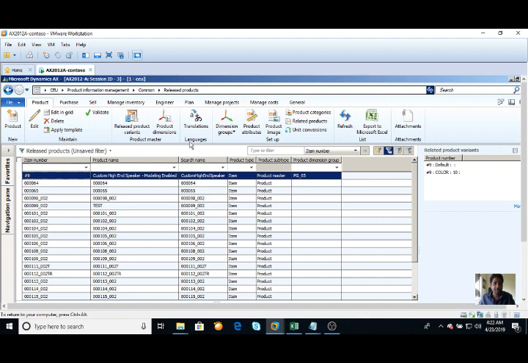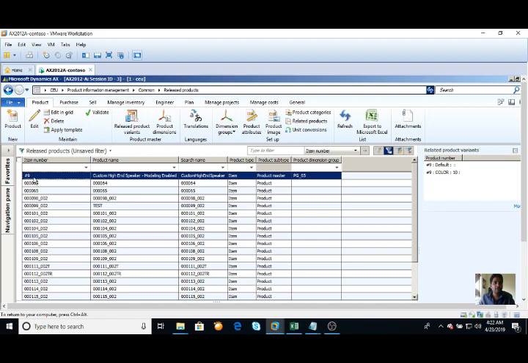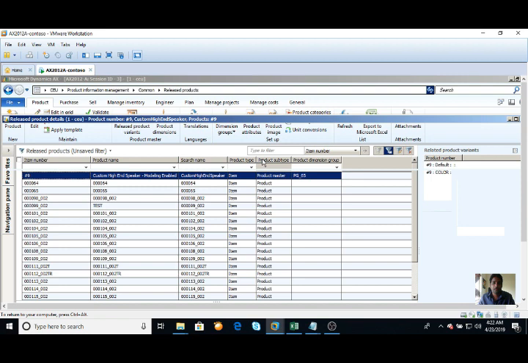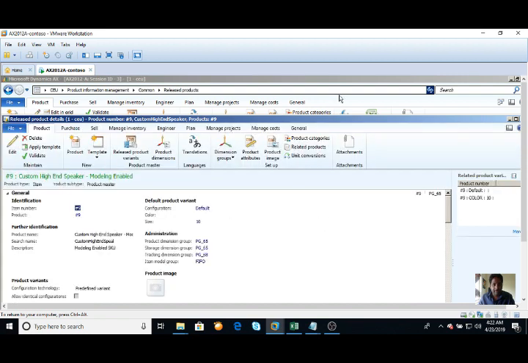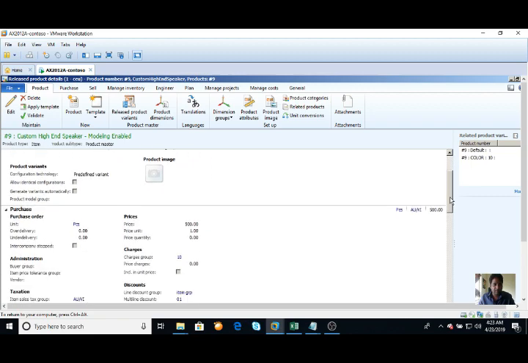Okay, once we are here, if you click on here, you will have assigned dimension groups, and now you will have storage dimension group and tracking dimension group. We can assign it here. We'll talk about it a little later. First we'll talk about item group. When I double click on the item, a new form will open, and it will have a lot of options to configure. In the general section, you can configure storage dimensions, tracking dimension and item model group. We'll talk about item model group a little later, but if you come down,